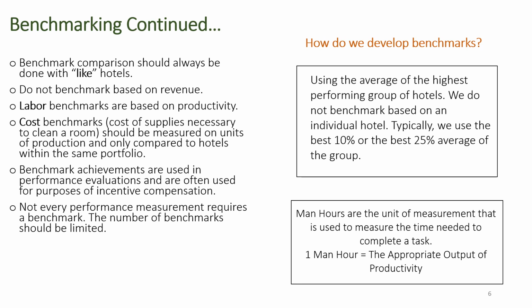Cost benchmarks should only be for the expense items where the supply or product has been negotiated for the entire portfolio of hotels. For example, hotels under a specific management company, regardless of their brand affiliation, will have their required supplies negotiated with a specific vendor at a contracted rate. The hotels within that management company will be required to purchase their supplies from that contracted vendor only. The benchmark measurement for the cost of those supplies is what will be used as the measurement for every hotel